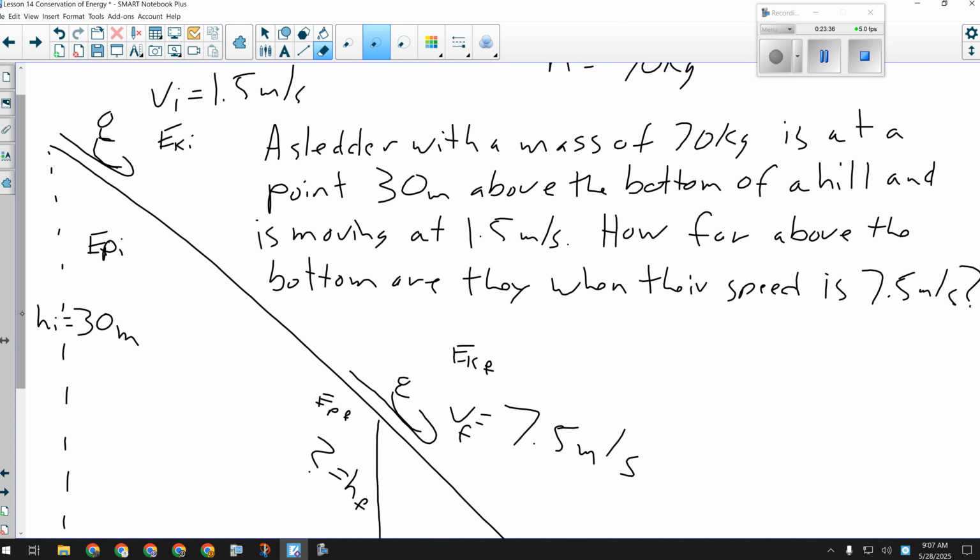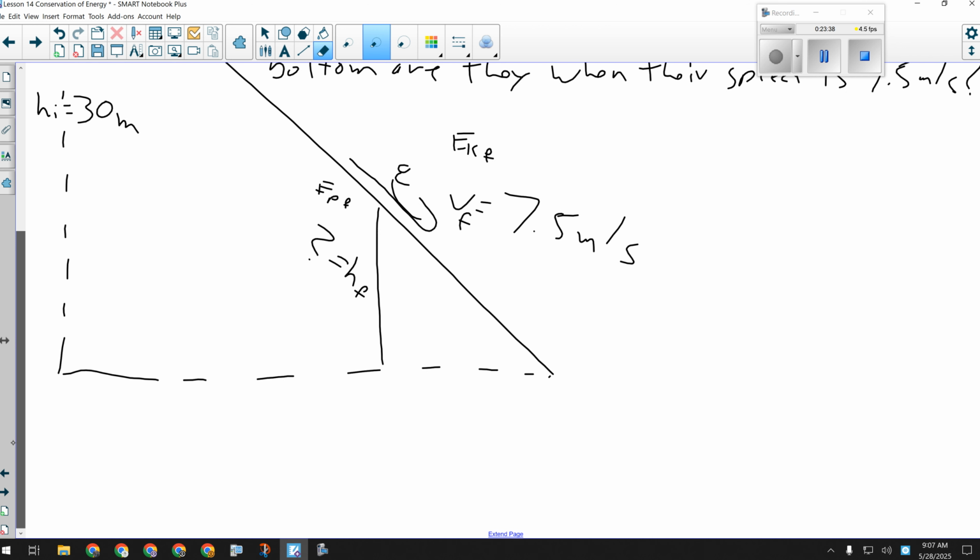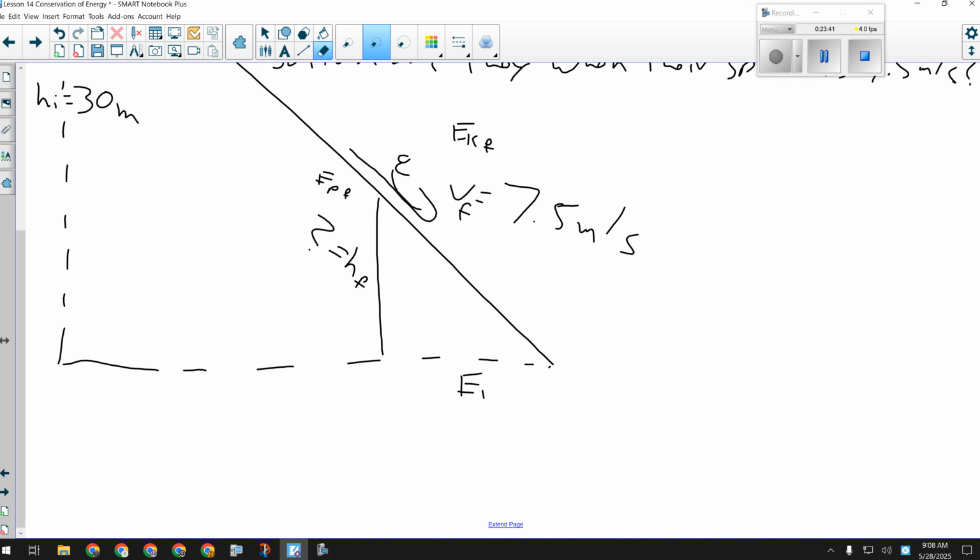So in that case, we can say that the initial mechanical energy and the final mechanical energy are equal because no work was done. There's no mention of energy being lost, or the sled hitting anything and doing work. It's just sliding down the hill. Now, we just established that at the initial point, the top of the hill, it has both initial potential as well as initial kinetic. So I can't cross any of those off like I did in the last question.